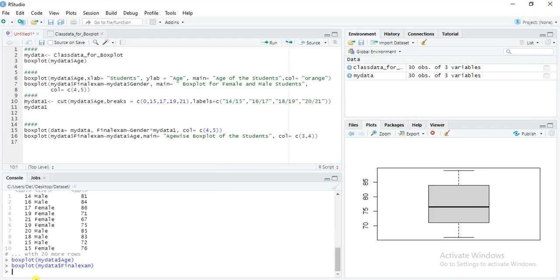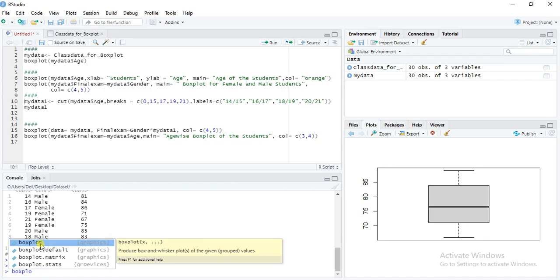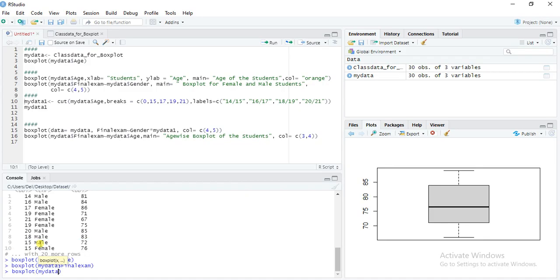Okay, now we want to give a title to this box plot. So I will write here boxplot, and within the bracket my data, dollar sign, age, comma, xlab equal to students.